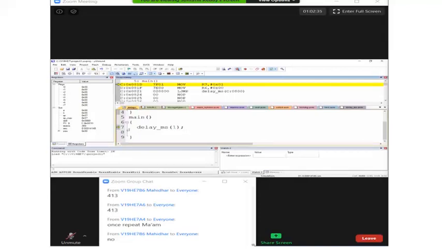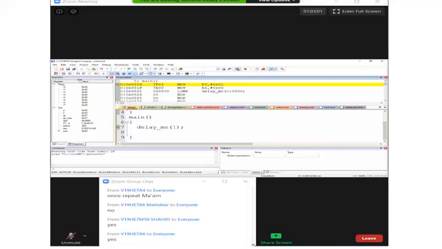Before your delay function has started executing, the machine cycles taken are 389. So before the delay starts, how many machine cycles is it showing? 389. With this, everyone is clear, right? Before the delay function started its execution, it is 389. Very good.